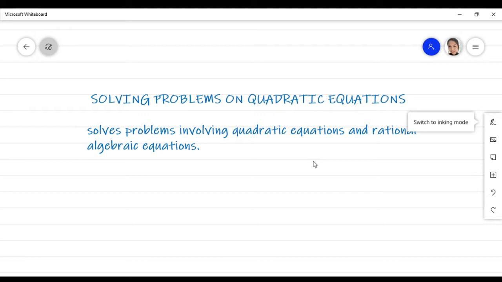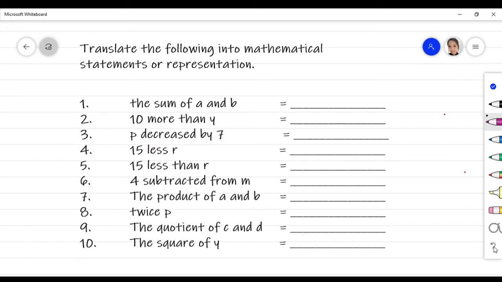So for today's lesson, the topic is solving problems on quadratic equation, where you will be able to solve problems involving quadratic equations and rational algebraic equations. Many problems can be solved using quadratic equation. Since these problems are written in words, it is important that we know how to translate these words into mathematical